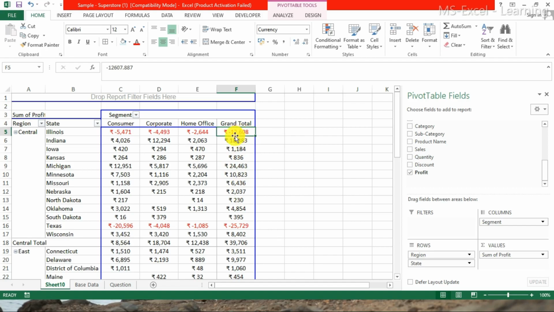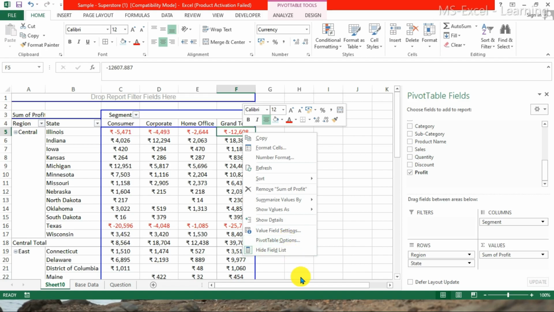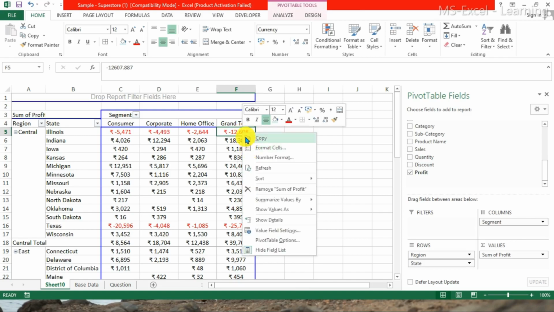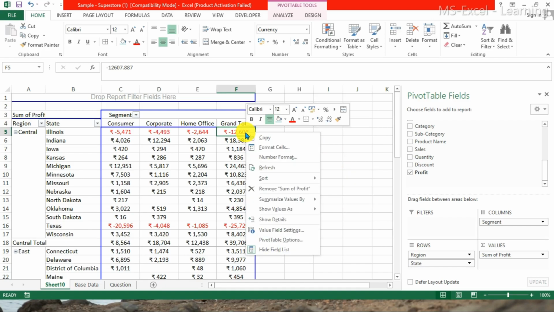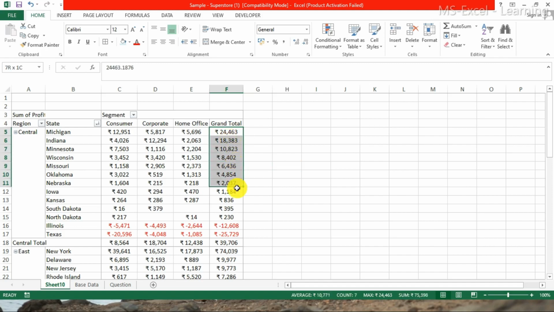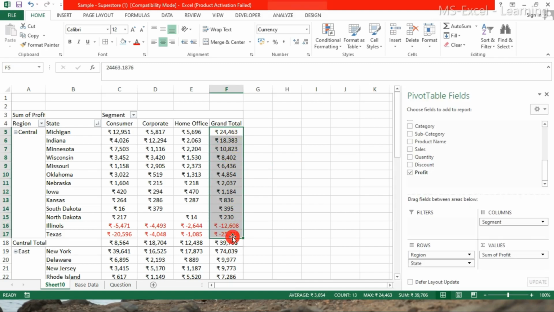What you will have to do is select this grand total first row. You have to right click on this, or you can press the right option key which is there on your keyboard. I'll right click, then you can see the sort option is there. But instead of selecting with the mouse, what I would suggest is just right click, then press S and then press O. This will sort your values from highest to lowest. As you can see, 24,000, then 18,000, then 10,000 likewise, and all your negative values are at the end.